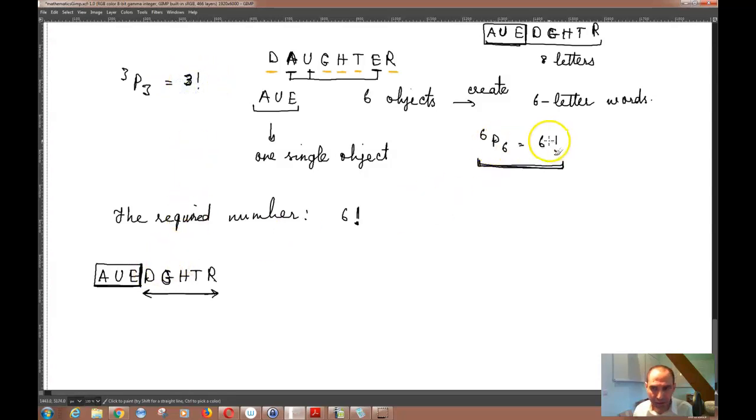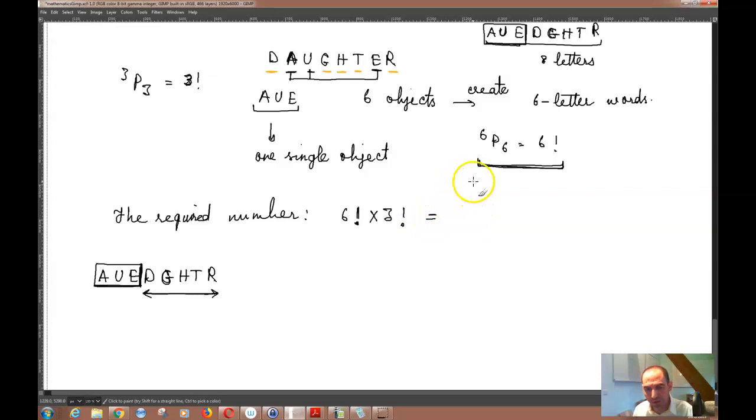So that means that relative to each of those 6 factorial choices, as we saw up there, you have 3 factorial choices related to the rearrangement of these 3 letters. So that means that I can write this as 6 factorial times 3 factorial, which is equal to